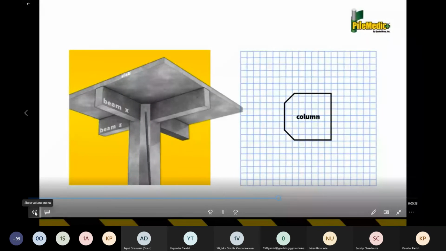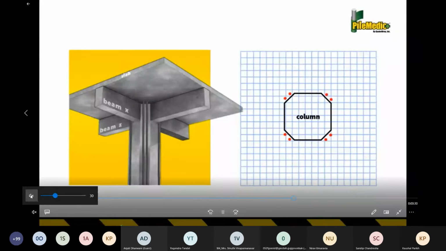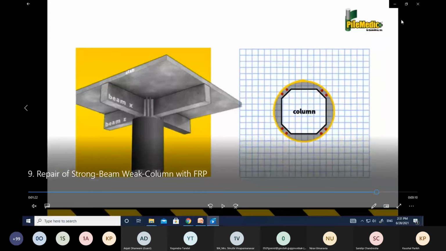The corner of the column has been cut down, then additional reinforcement is applied at those particular places, and then the FRP is applied so that the column becomes a circular one. We just show the image, and then the filling inside is done using the regular material, which is concrete. So the way of application of FRP is also shown in this way.